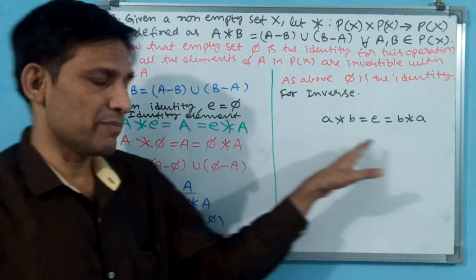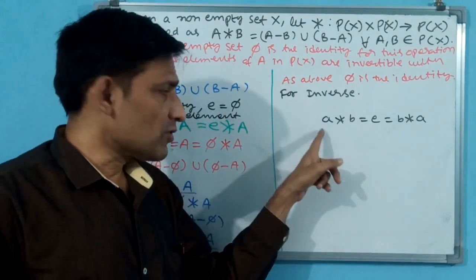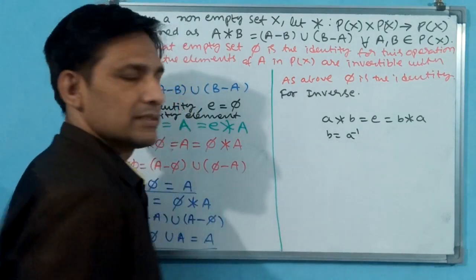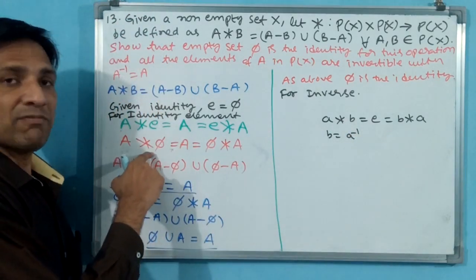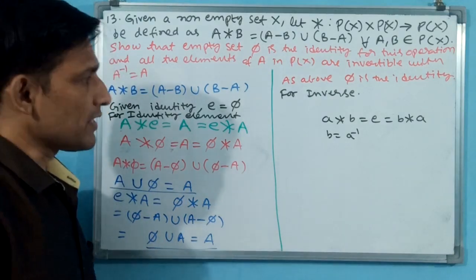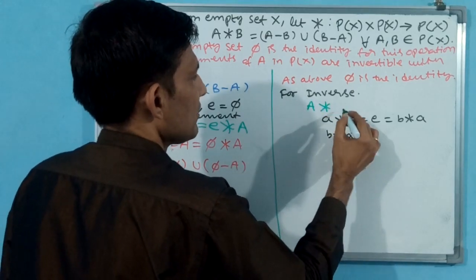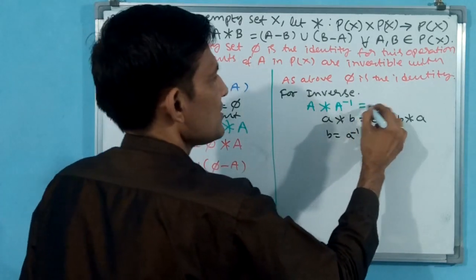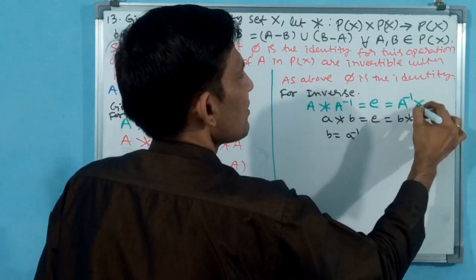You observe first the statement or equation. A is an element, B is the inverse of A. That means here B is equal to A inverse. What is E? E is the identity element. Identity element here is 5; 5 only you have to write. Okay. First you write that statement, then we write the remaining thing. For inverse, I am writing like this. You see, A star A inverse, why? Because B is A inverse. A star A inverse is equal to E, that is equal to A inverse star A.